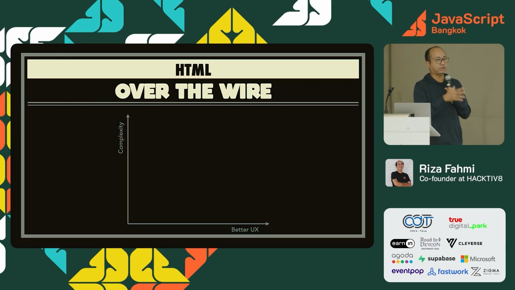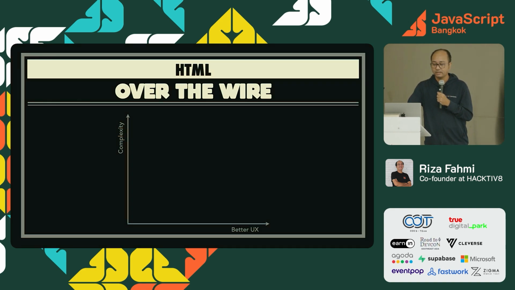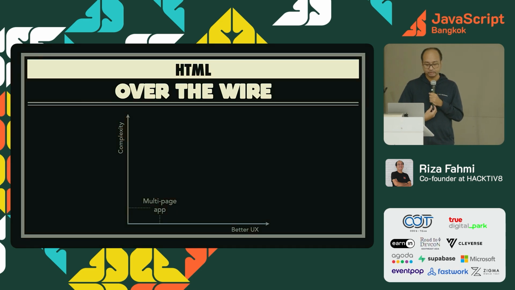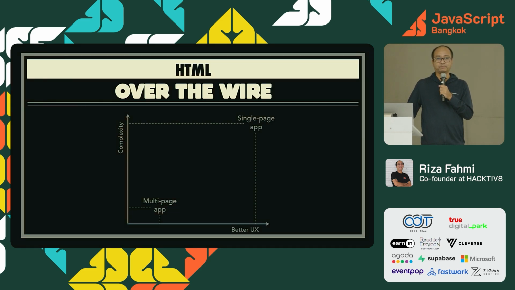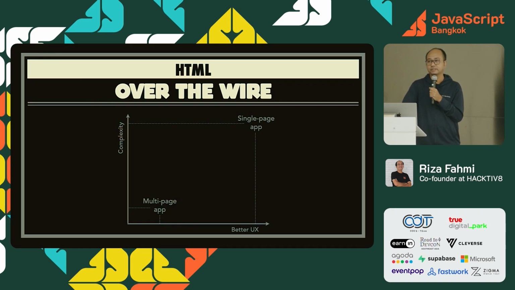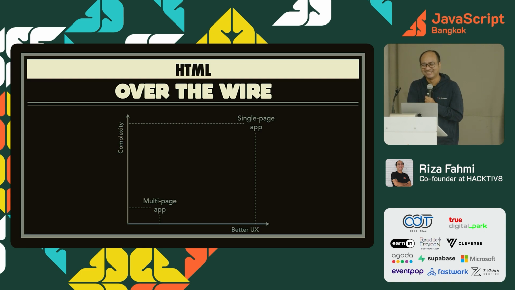If we draw the positioning of the concept against multi-page application, we can develop a less complex app, with less complex code, but the user experience could be better, right? With single page application, if we do it right, we can have a good or great user experience, but not so good developer experience. If we do it right, that's a big if.